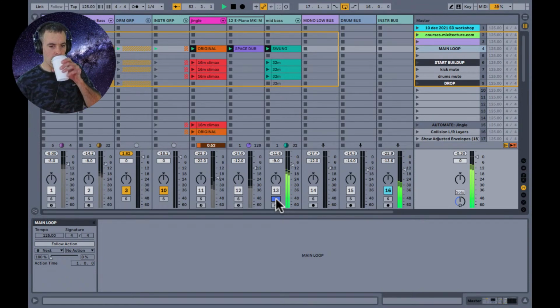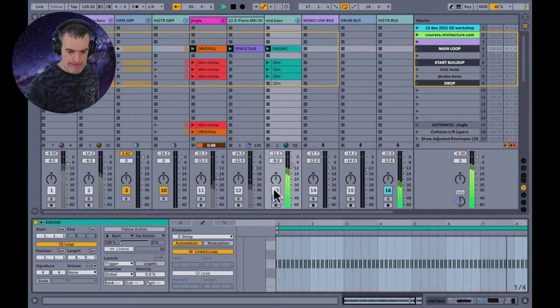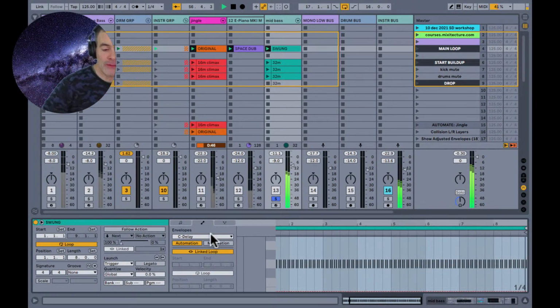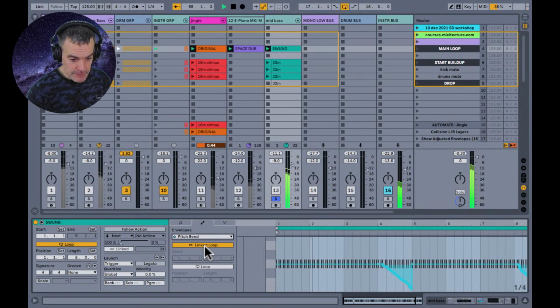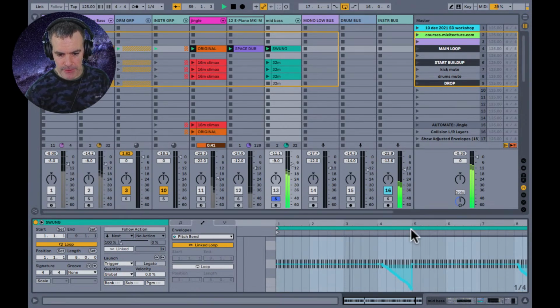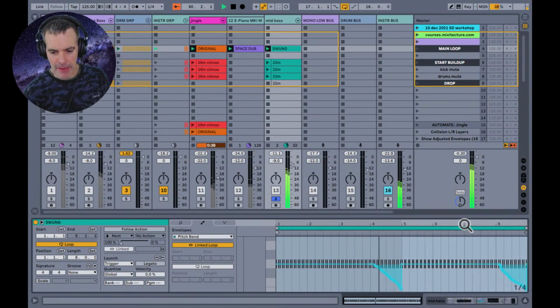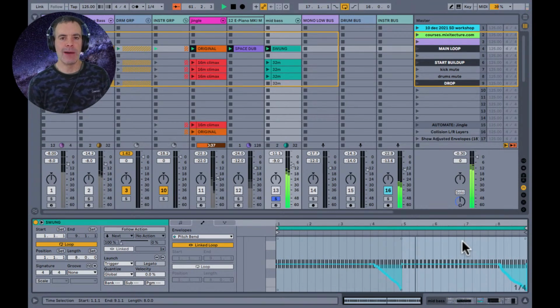Okay, pitch bend. Now I heard a pitch bend. I want to see it. Oh, MIDI control. Oh, pitch bend. Okay. Looks like that's happening every 4 bars. And I would call that a composition device. That's not really, it is a modulator,